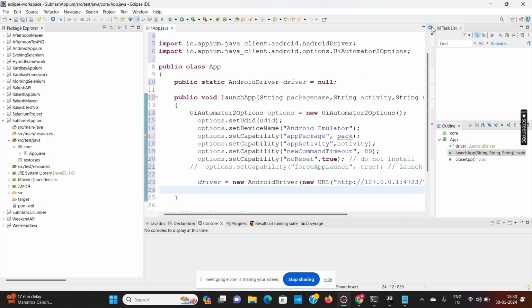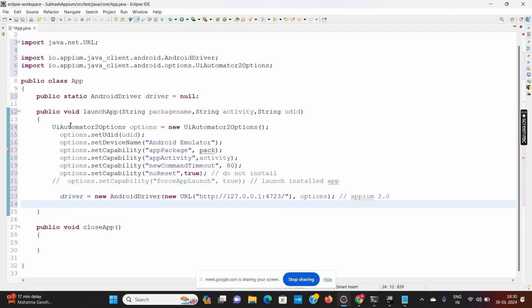This one, UiAutomator2Options, is a class for the driver where we are setting our UDID, what is my device name. Device name can be Android emulator, anything. What is my package name?